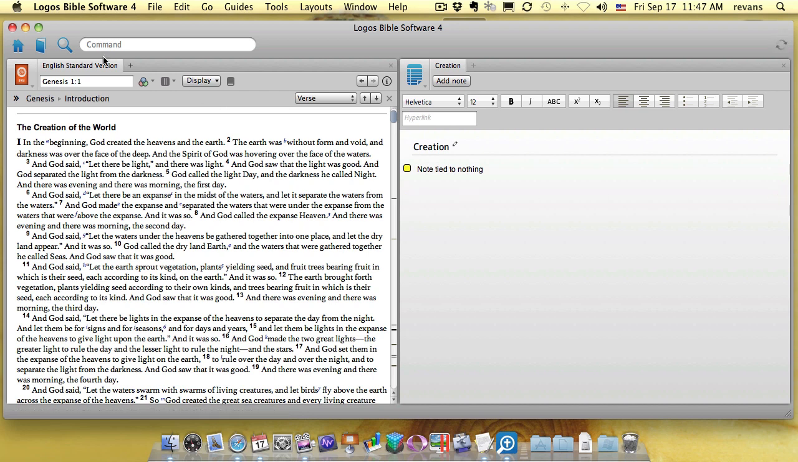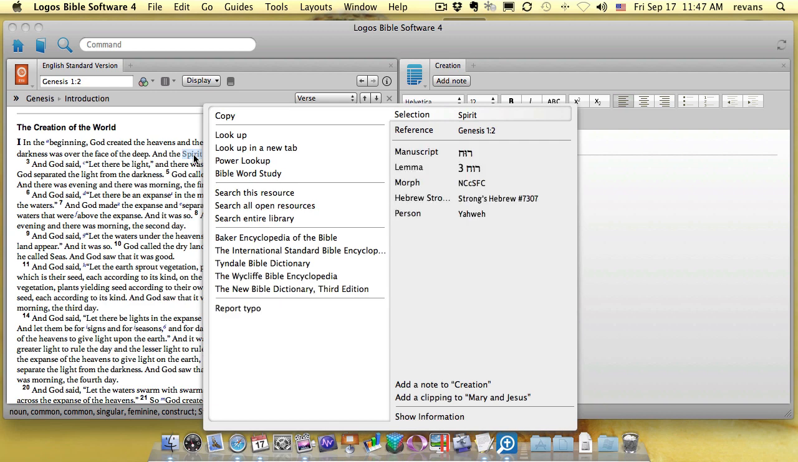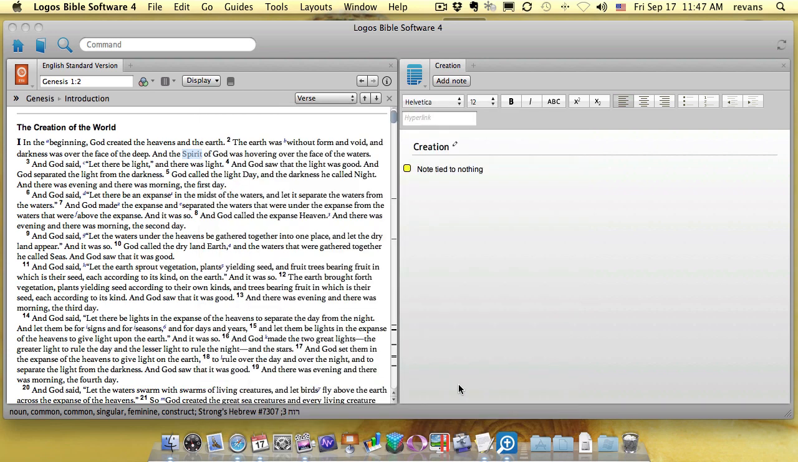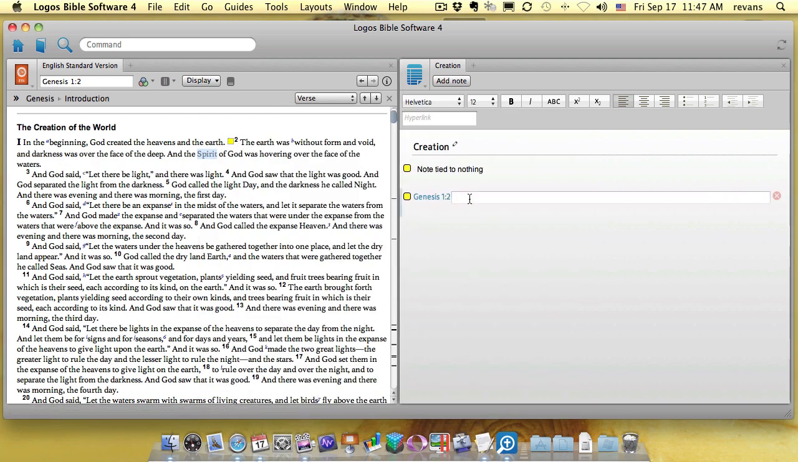If I'm in a resource, like an ESV, and I want to tie the note to a verse, then I can just make sure I'm in that verse. So I've clicked there, and if I right-click, make sure that the verse reference is selected, then I can come down here and add a note. So here, this note is now tied